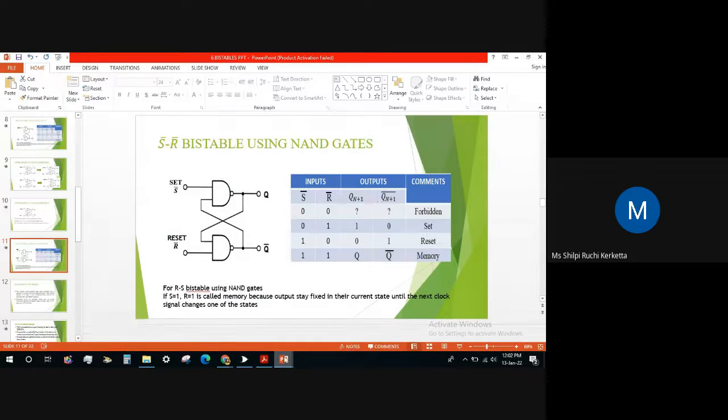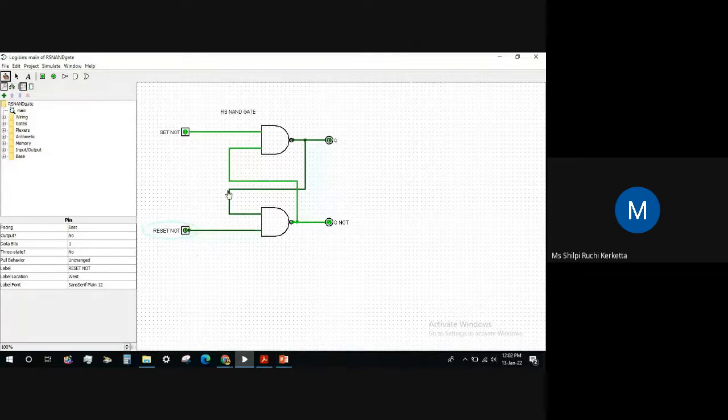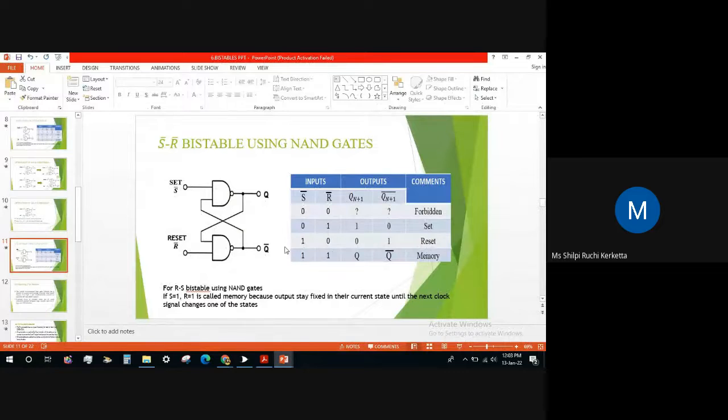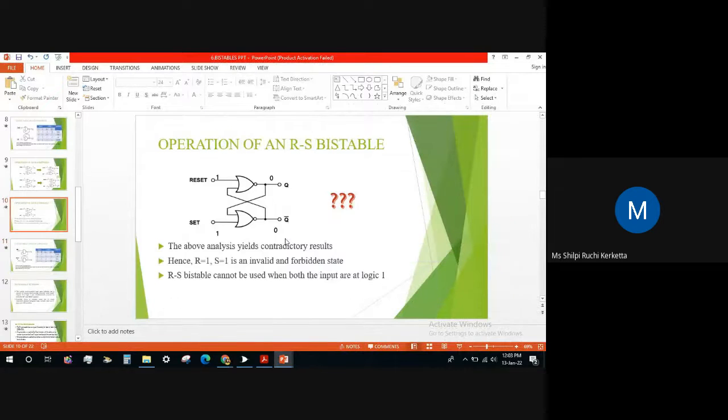And this condition 0 0 is forbidden. It means this circuit won't work. If we do 0 0, both are becoming 1. It means Q and Q bar are not complements. So this case is invalid. Or if you do it in a logic simulator, it starts toggling because it cannot decide which output to give. So this state is forbidden. If you see the truth table for this part and this part,